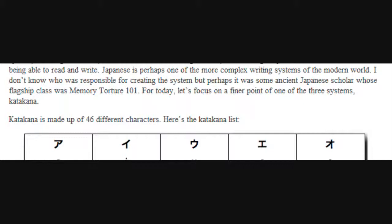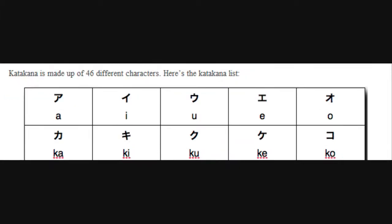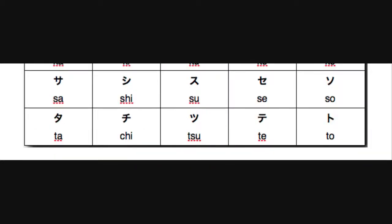I don't know who is responsible for creating the system, but perhaps it was some ancient Japanese scholar whose flagship class was memory torture. For today, let's focus on a finer point of one of the 3 systems, katakana. Katakana is made up of 46 characters: a, i, u, e, o, ka, ki, ku, ke, ko, sa, shi, su, se, so, ta, chi, tsu, te, to,